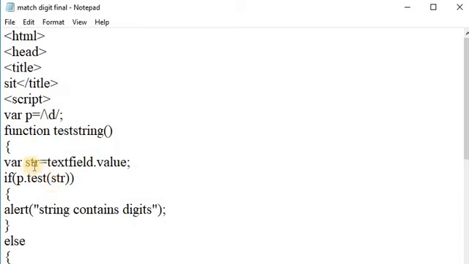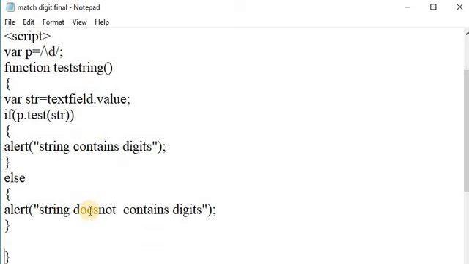In str, the text field value is stored. So we give the condition: if p.test(str) is true, then it displays string contains digit, otherwise it displays string does not contain any digits. Meaning, if the string str contains at least one digit, it returns true, otherwise it returns false.